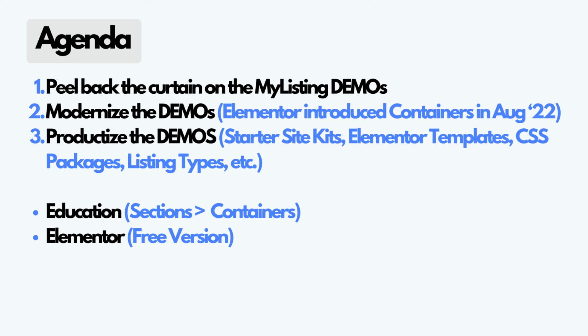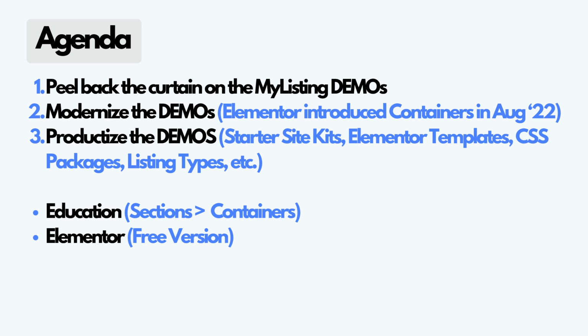The third part of this is we're going to productize the modernized demos. So creating starter site kits that you're used to me creating if you've seen my work. So creating starter site kits from the work we do here in these video series. Producing Elementor templates from what we're doing here, CSS packages, new listing types potentially. We're going to productize. We're going to squeeze out all of the products we can from this to help people build MyListing websites